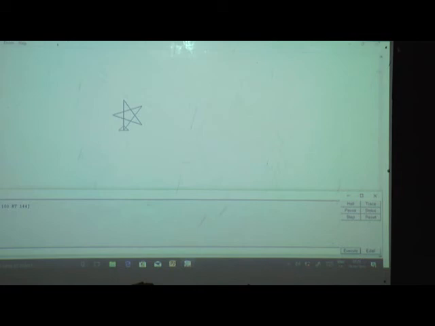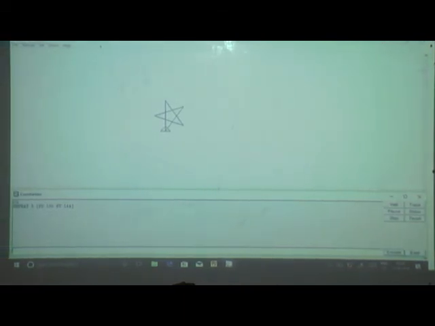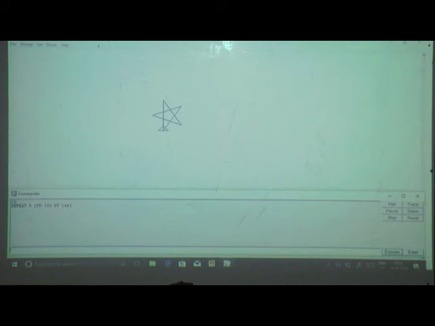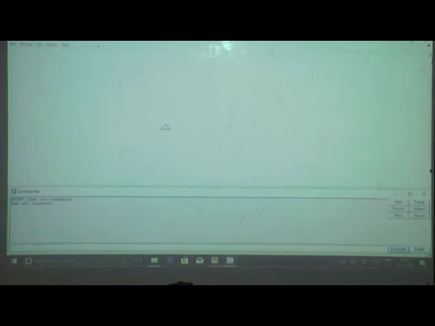I wrote here repeat 5 FD 100 RT 144. Then this output will be displayed on the Logo screen. Then the next one is print see you tomorrow. Then the output will be see you tomorrow in the recall list box, not in the graphic window.